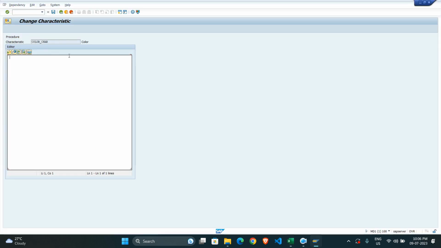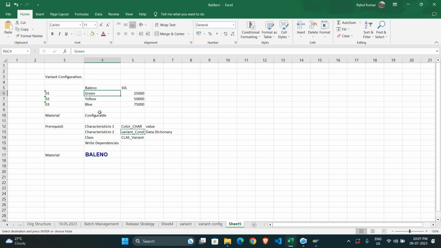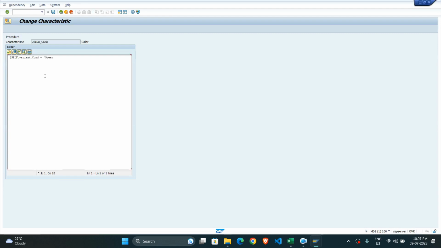variant underscore con. It's a language that you have to use: dollar dot self. Dollar self dot, you have to write the first characteristic, this one, variant underscore con. Now after that, you have to give an equal to sign. In that one you have to write, from the Excel sheet, I'll show you, this green, yellow and blue. So first of all is green, right? First is green. Now after that, give a space and write if